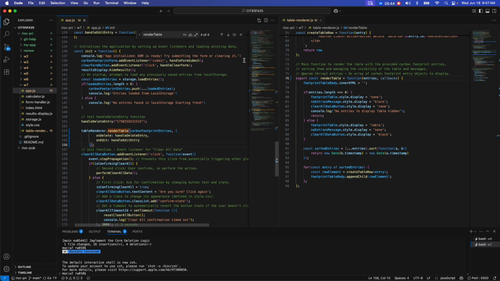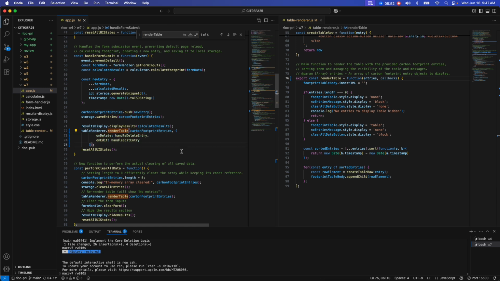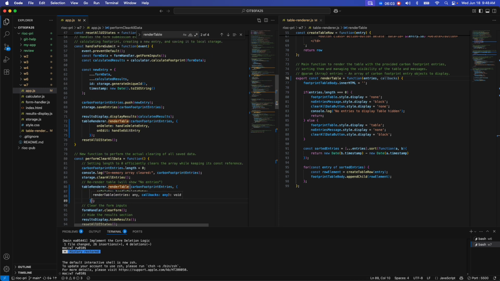Oh, actually it's showing 4. Okay, so if I hit enter here, it takes me to the next one. And this is the one I didn't complete, so let's do that one there as well. Good. And by the way, you can use these arrows, but if I hit enter again, I have it here. So any place I have that render table call, I now have to include this